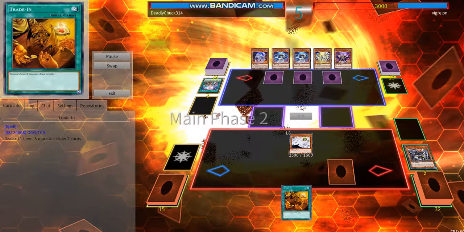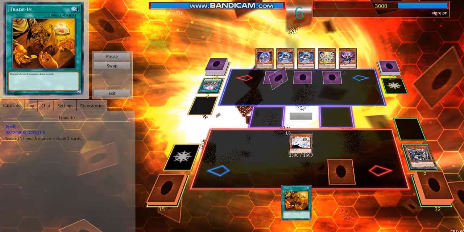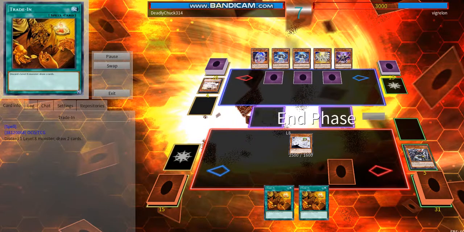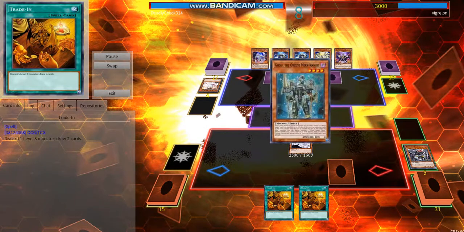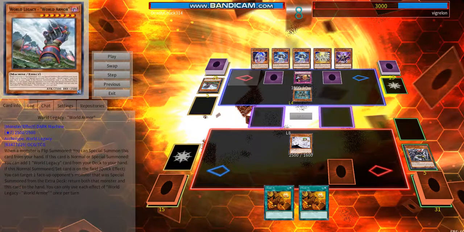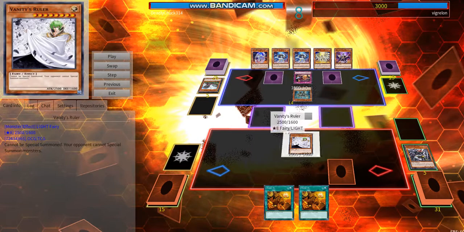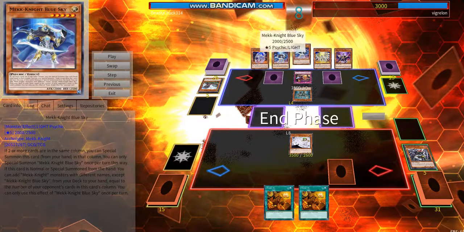We drew Trade-in, useless. He's gonna draw again. He draws an Ash Blossom, sets Ash Blossom. We draw another Trade-in. We attack for nothing. He draws Gearsu. Normal summons Gearsu and uses his effect. Dumps World Armor. And he is activating World Legacy World Whispers, which negates any spell effect that will activate in this column now. So, I believe...